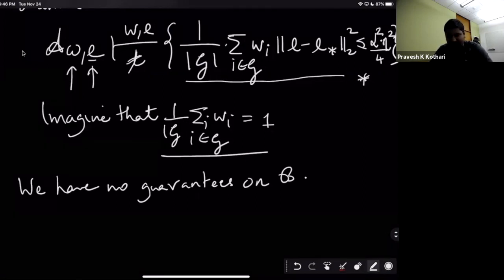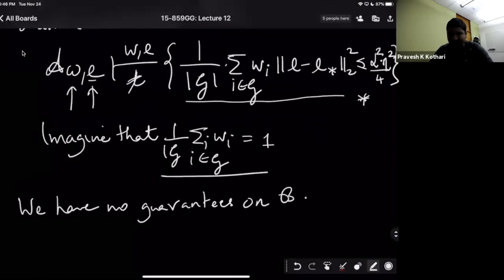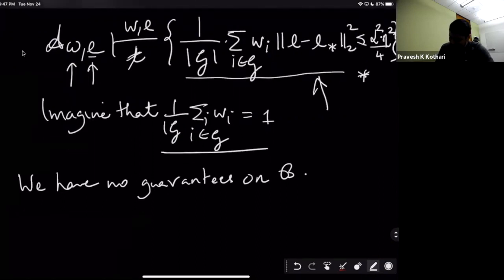We know that it's anti-concentrated. We know that L star satisfies it. We have no such guarantees about the B part. And so it's maybe not that big a surprise that the main statement we can prove is that something reasonable happens for the points in G. And this is basically our statement. The reason this is enough, let me sketch that.